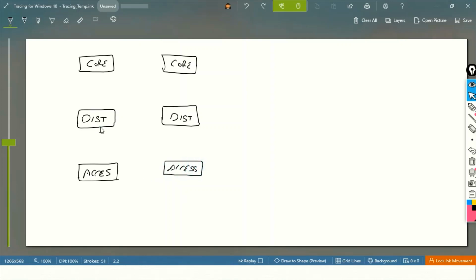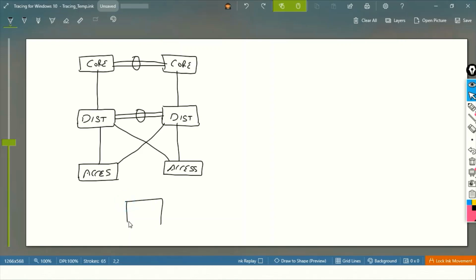This access layer connects to your distribution switch. In the same way, core layer and distribution layer connect together, and distribution switches connect together, as do core switches. And we create a port channel to get more bandwidth and fault tolerance.